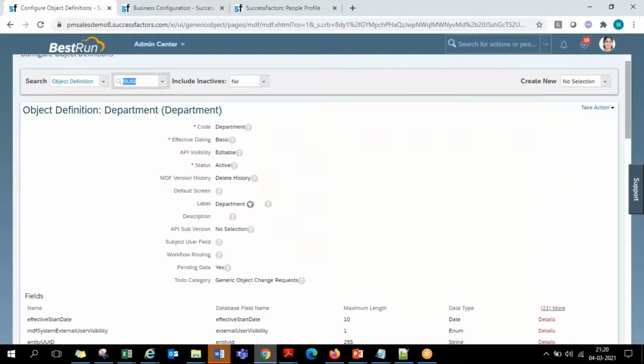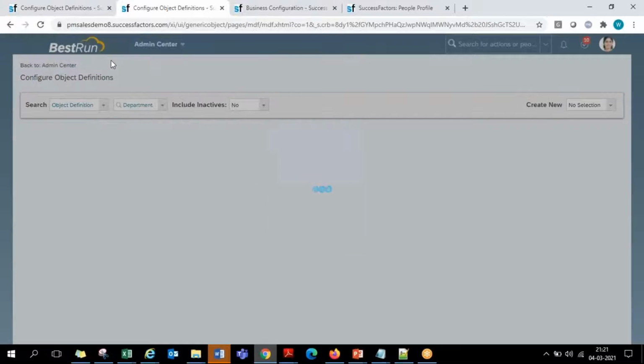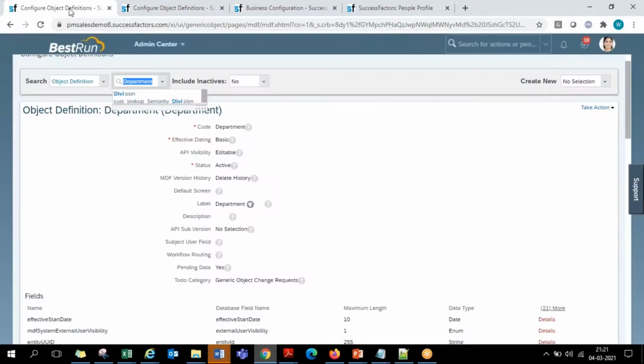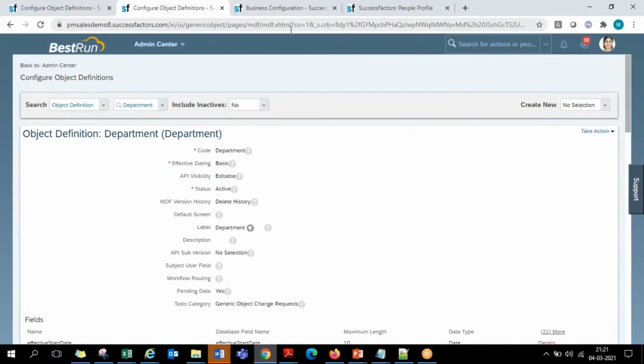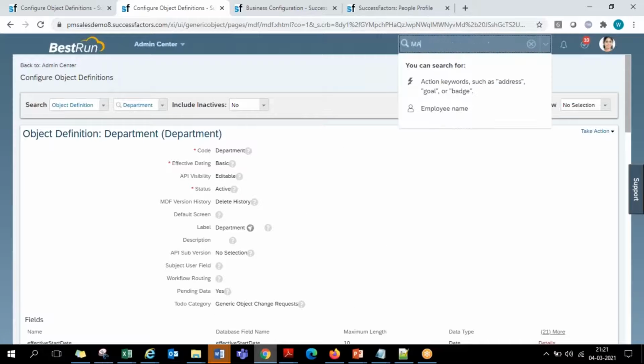Business unit as an object, division as an object, every object will be present here. So all that org structure layered objects which are MDF based are already available here. And if you want to create the data for them, you go for the screen called manage data. So for MDF based objects, data creation happens in manage data, and definitions happen in configure object definition. So here the object is defined, department as an object with all these screen fields. If you want to create some data, you go for manage data.